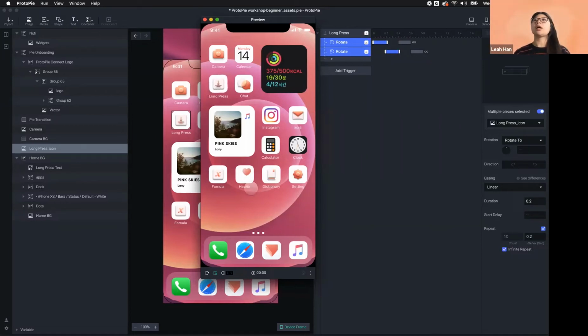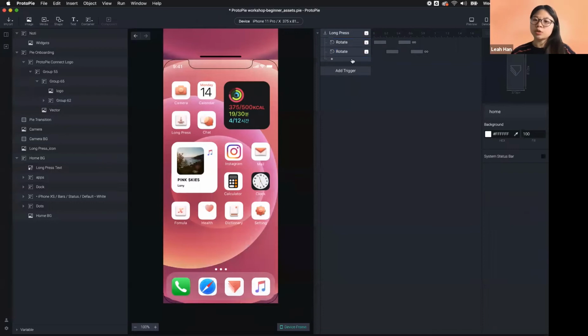Okay, let me check how you guys are working. Do you have any questions? Mike asked, if we want to tap on one button and then have another object appear or do anything, how do we do it? Good question. So what you can do,